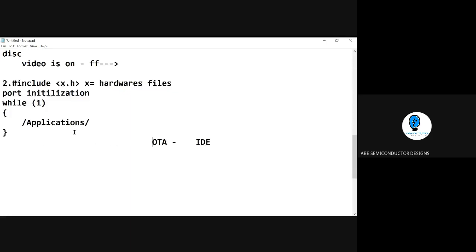For embedded C, you can use an OTA platform that is cloud-centric. You can use a cloud-centric development of programs. And second, you can utilize your IDE. IDE is an integrated development environment, consisting of a compiler, debugger, text editor, flasher, flash programmer, everything in a single tool. So this is available right now. We'll talk about each tool one by one, and how to utilize it. Installation is very simple. You can download the IDE from the net for Windows and start doing it.